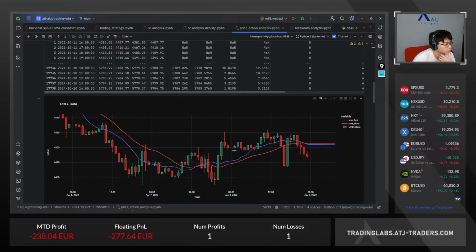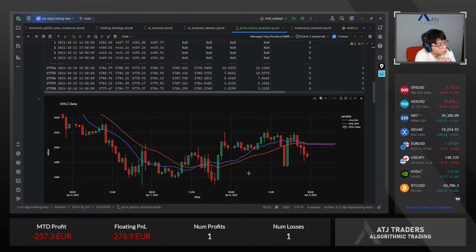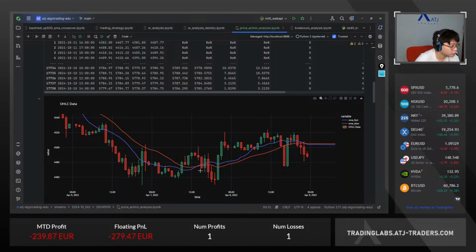Okay, so now we have the crossover section. So for instance, this is a crossover. When we have bullish crossover, we want to check from the first to second bullish crossover what's the minimum value. And when we have a bearish crossover, we want to check from the bearish to bearish section what's the highest value. So maybe it might be the other way around. So we have bullish crossover here. We want to find